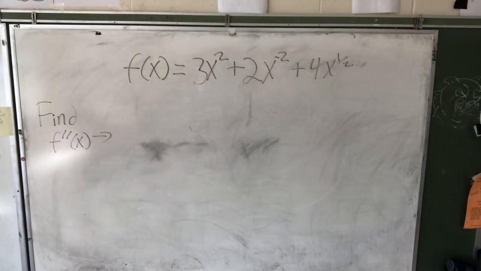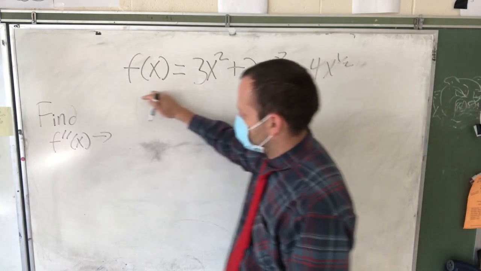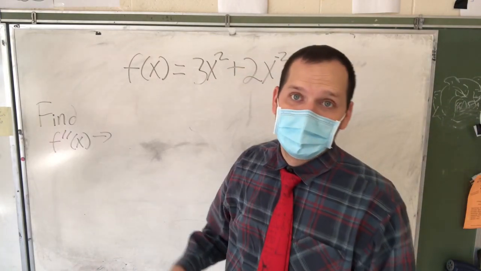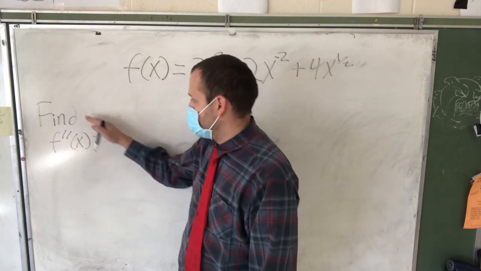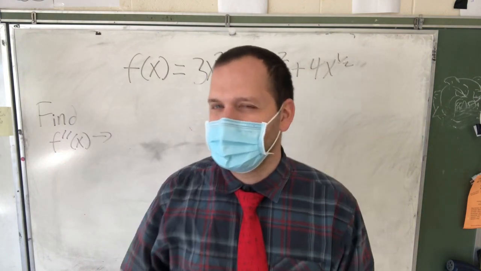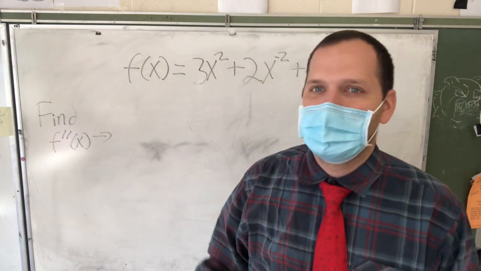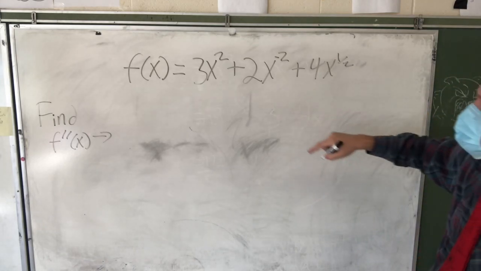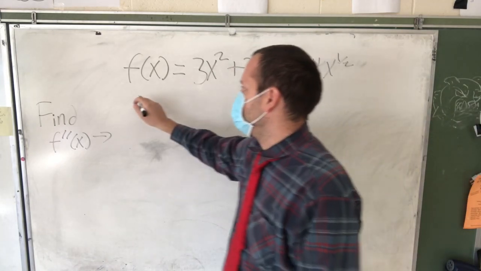All right, let's try this problem. We've got this problem up here, okay? It's f of x, that's kind of like a distance. That's how far you're going to go. Here, it wants us to find the second derivative. It wants us to find the graph that represents the acceleration at any point on the curve, okay? So, we're looking at this. Well, we know how to do this. To take the derivative, to get the first derivative,